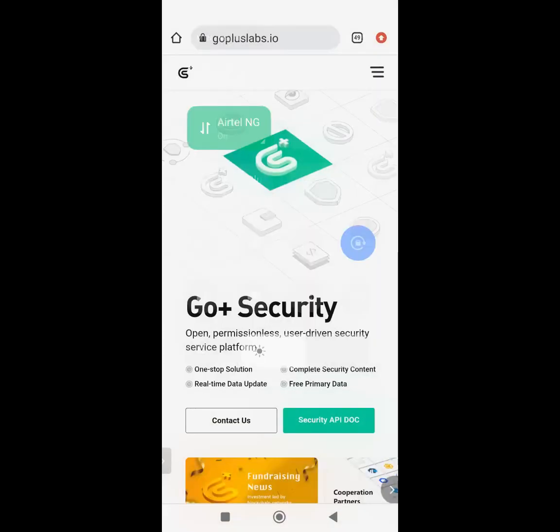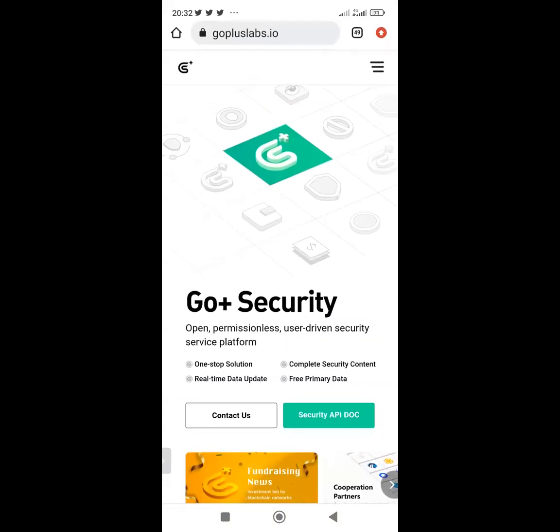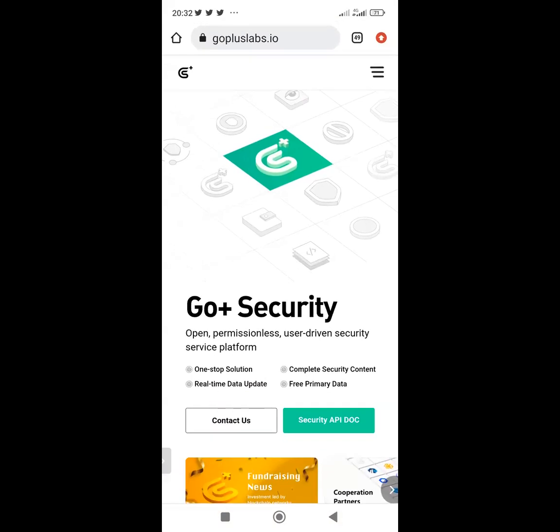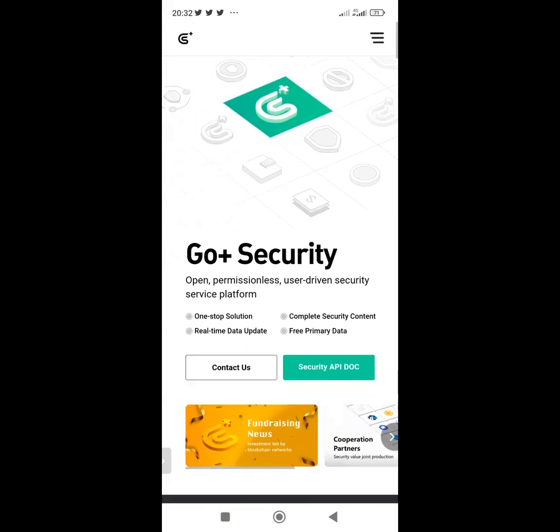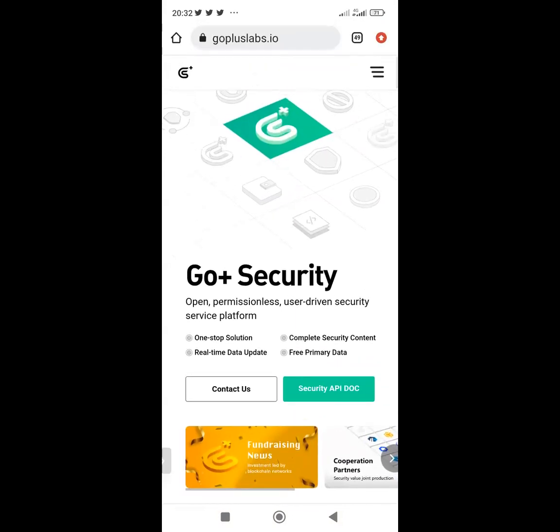So, number one, you must find out the utility of the very asset. As another example, look at Go Plus. There's no coin for this product right now, but in the future, they are going to have a coin. What they do now is this. They have,